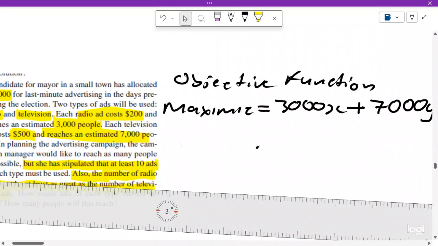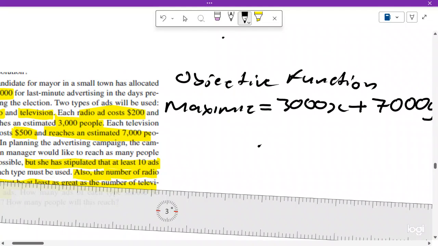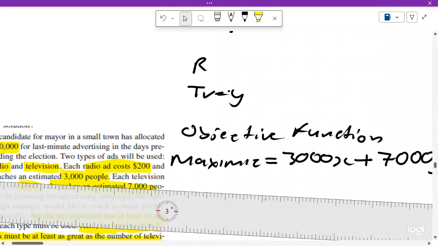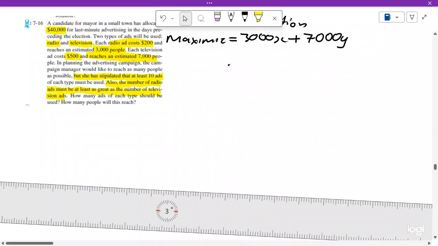So obviously you come back and say to yourself, TV is equal to y, radio is equal to x, right? Then